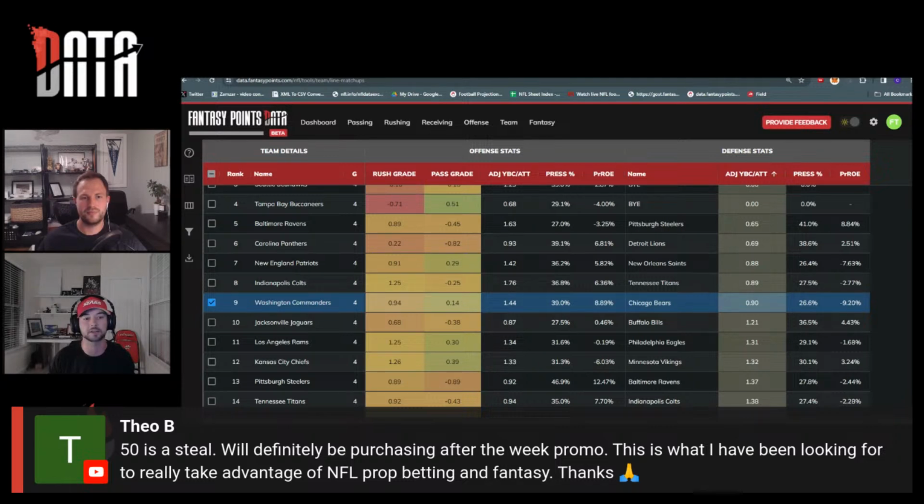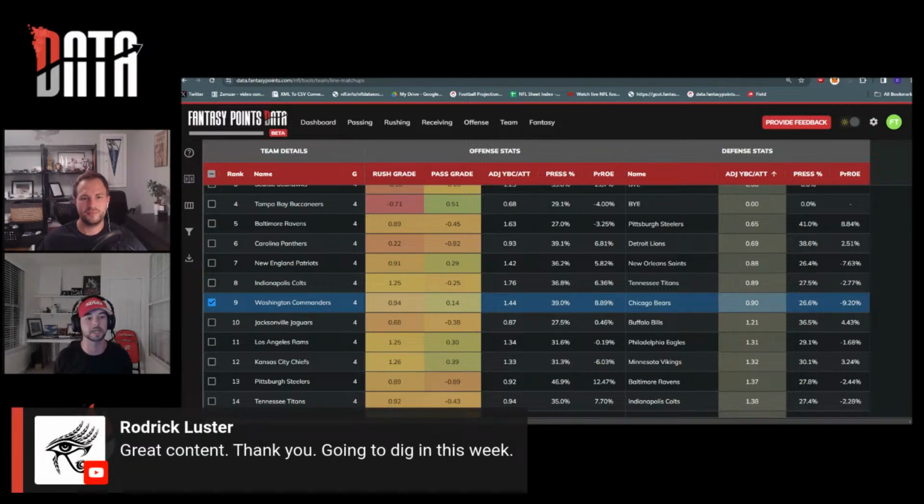Fantasy points data. And guys, just from my own experience, I'm spending 50 hours a week writing about fantasy football, which is awesome and absurd in and of itself. But this tool has cut down the amount of time I'm spending on writing by 15 or 20% just because I have to pull way fewer Excel sheets. It's all right there, all very simple. I can't thank Chris enough and the rest of the data team for making this tool because it saved me so much time. I know my girlfriend is thrilled about that.